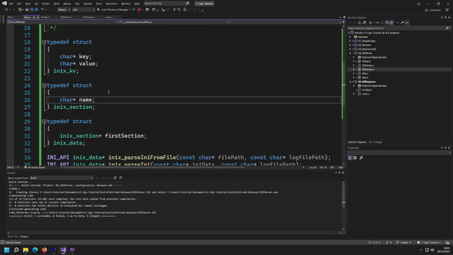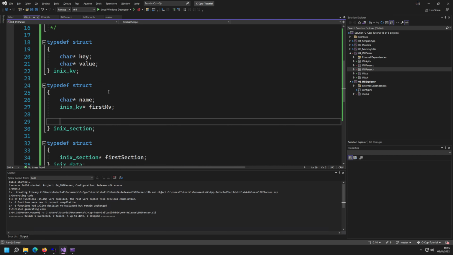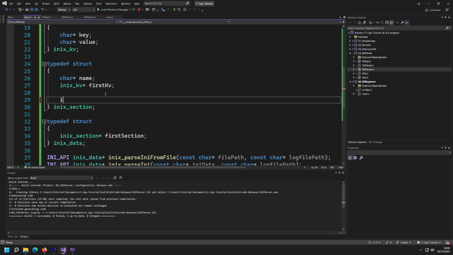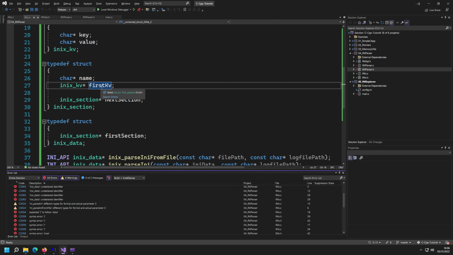And every section is going to have a successor section. So a section itself is going to contain a name and key values, which we're going to do the same as here. So we're going to say ini kv pointer first kv, first key and value. And what we're also going to store is the next section. So we're going to have an ini section pointer to it, called next section. Now, as you can see, we can use the section because we are inside the section, and I think this should work. If it doesn't work,